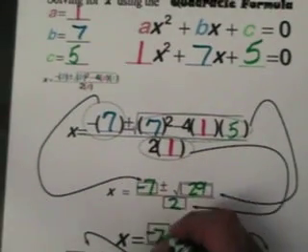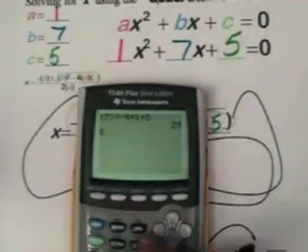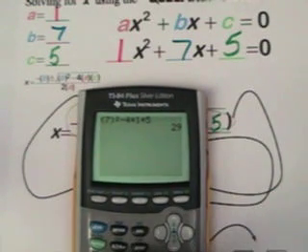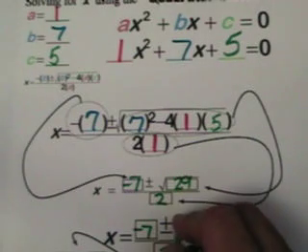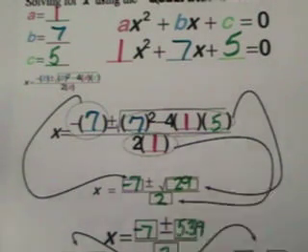And negative 7, and the square root of 29 is not going to be a real pretty number, but it'll work okay. It's about 5.39 is what I'm going to use. So this breaks into 2 problems, negative 7 plus 5.39 divided